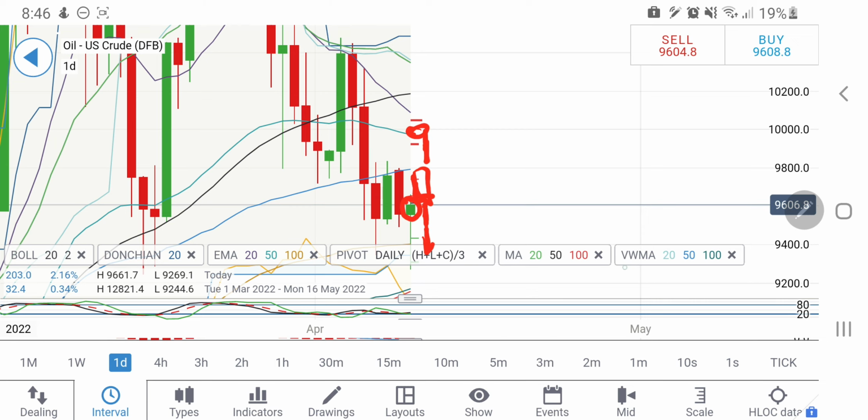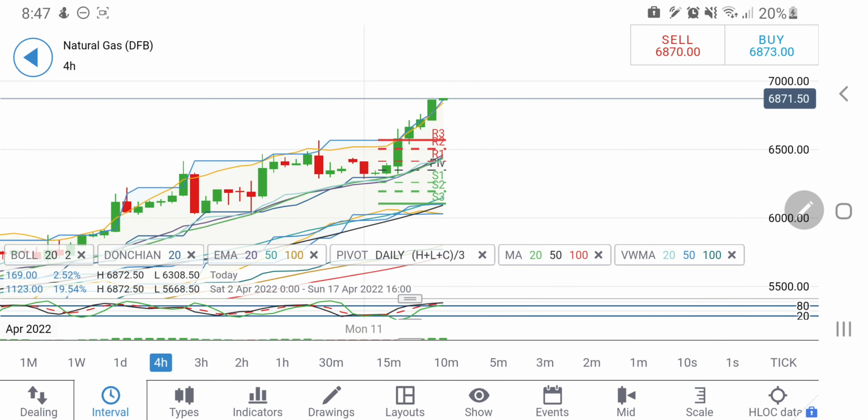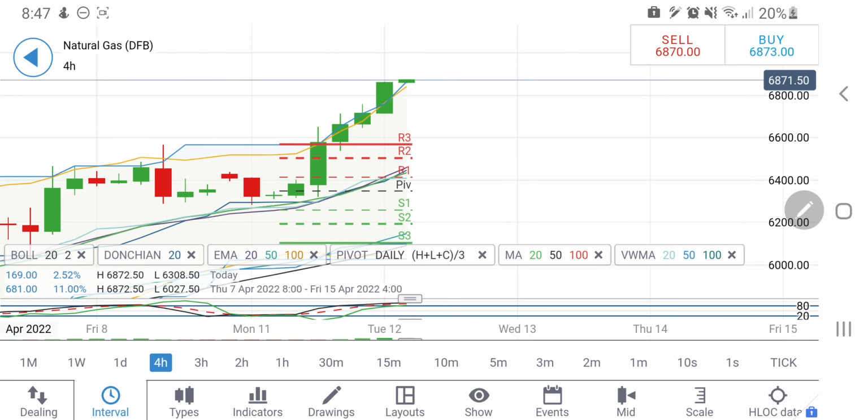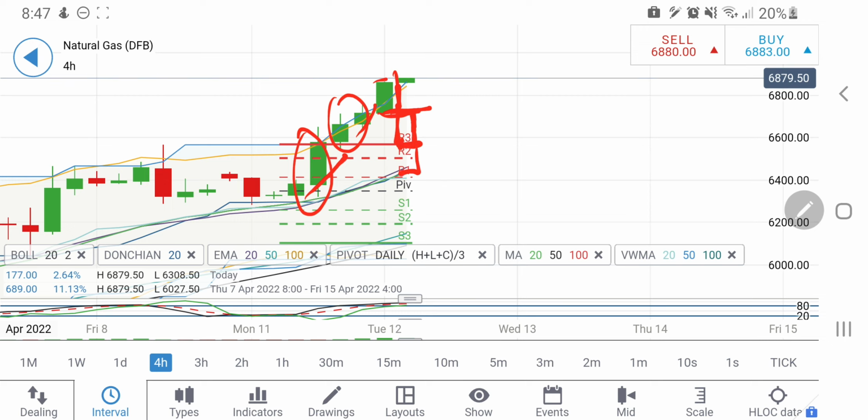Now let's have a look at natural gas. See, natural gas is trading extremely bullish here. If you look at the charts, then on the 4-hour chart, see, this is the symmetry it has created, a couple of small candles and then a bullish candle. From here, if and only if you see it trading below this zone at $6.7, yes, there only you should go short for 6.6 and 6.4.